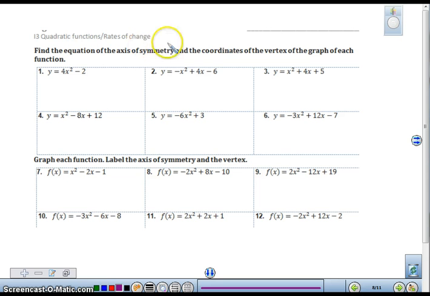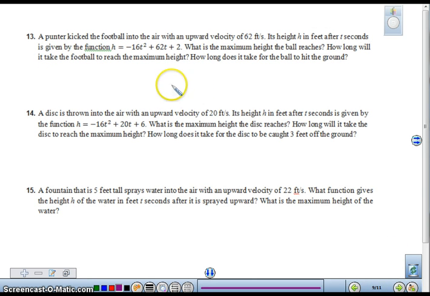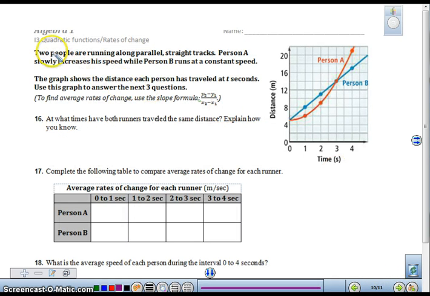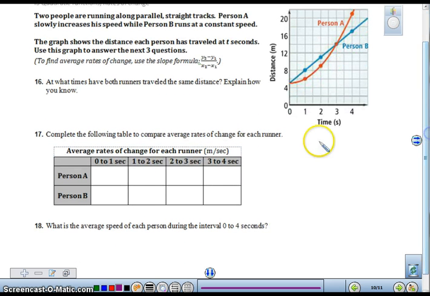On your worksheet, you are asked to find the axis of symmetry and the vertex for each one as we are looking at those. The height of the ball, as you are looking at these, is still some of the same problems. And then this is our last page, and this is really the new stuff. 16, 17, and 18 is what this lesson was talking about with those rates of change and finding the rates. As you finish this and as you are working, we will again be taking tomorrow probably a homework quiz